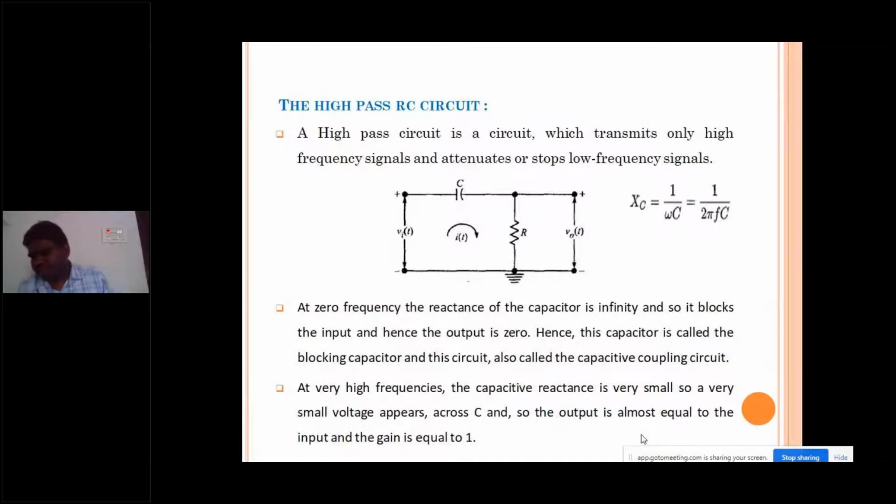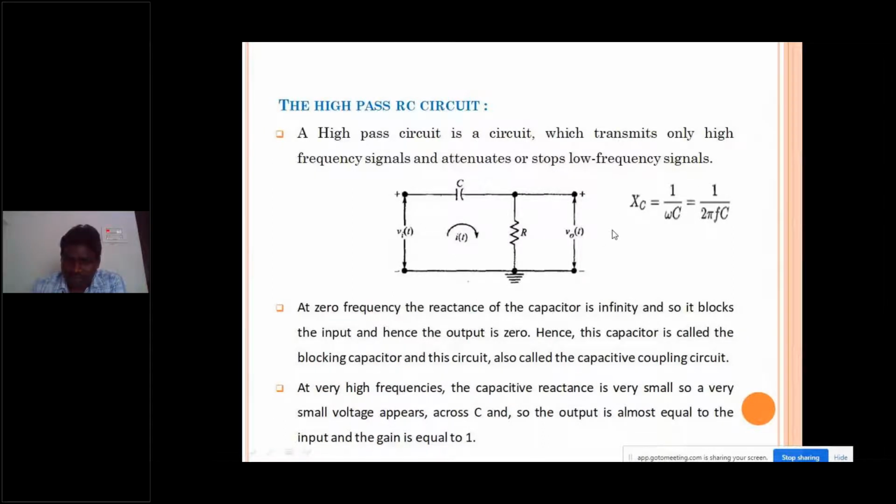Now let us move our analysis to a high pass circuit. So there is a change in the locations of the passive, linear components. Capacitor in place of resistor, I am placing a capacitor. In place of capacitor, I am placing a resistor. If I interchange the components, then the resultant circuit is called a high pass circuit, which means I am measuring the output voltage across the resistor in this case, right?